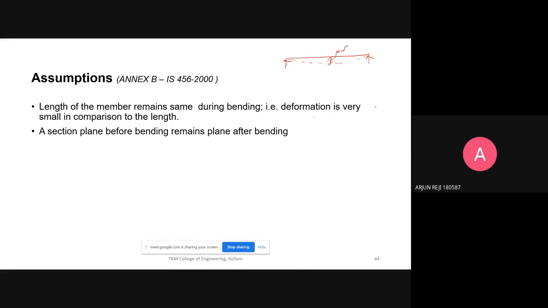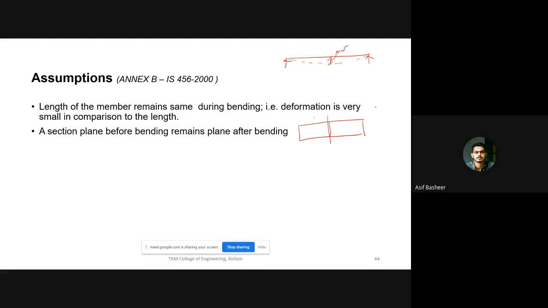There is no change in the length even after we are bending, for example, if you are bending a beam. No, that's not the thing. It means that if I'm taking a section, the strain will be linearly varying. That is, if I'm considering a plane section,